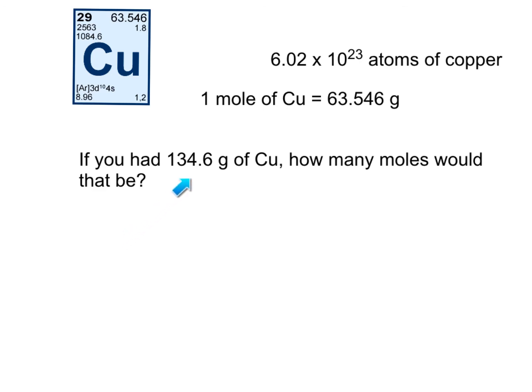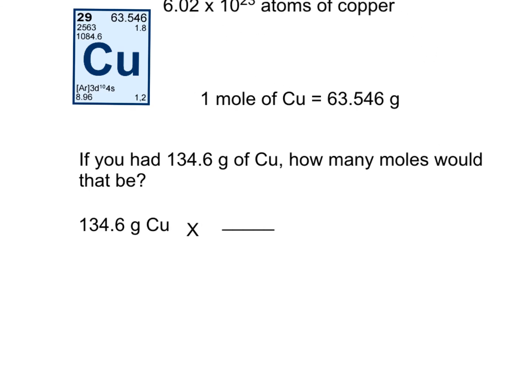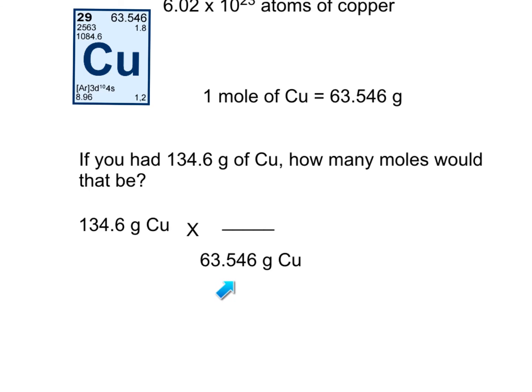We can use the same process to work in the other direction. For example, if we had a specific mass of copper, 134.6 grams, how many moles would that be? Well, let's start with our given 134.6 grams of copper. Make an X and draw a line. And then take another look at that conversion factor. Not that one, this one right here, okay? Since now we're going from grams to moles, we want to bring grams down into the denominator. So we have 63.546 grams of copper, which is equal to 1 mole of copper. And when we multiply across the top and divide by what's on the bottom, we get